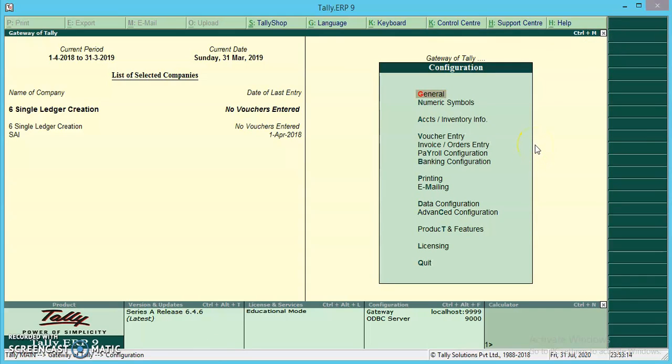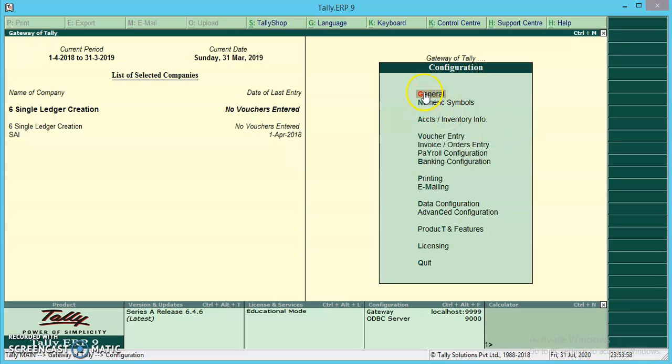There are numerous settings available under various menus in F12, which may be configured for any additional information required to be entered during master creation or voucher entry and printing. Let us see them one by one. Configuration, so general. You can configure the changes for details like country, names, date and numbers of the general configuration screen.